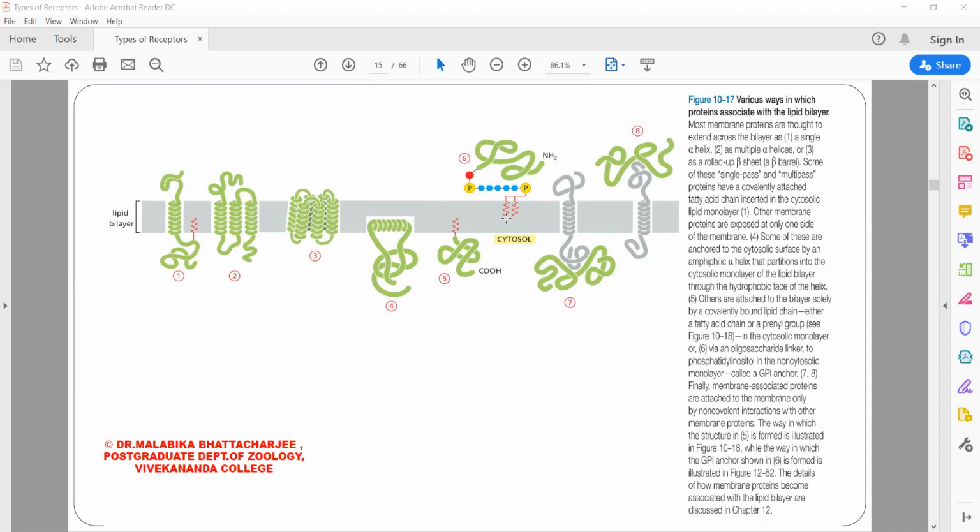So there are almost 8 categories of the different formats. They can penetrate through the bilayer, they can remain attached to one half of the bilayer, they can remain anchored. You can see this red small curved lines. It indicates that the proteins are not a part of the membrane. Okay, the proteins are attached to the bilayer by certain chemical groups. It can be a prenyl group, it can be a palmitoyl group. These are groups present within the fatty acids.